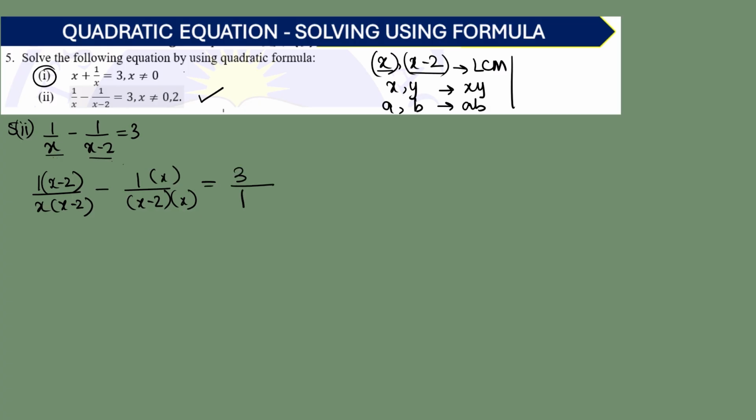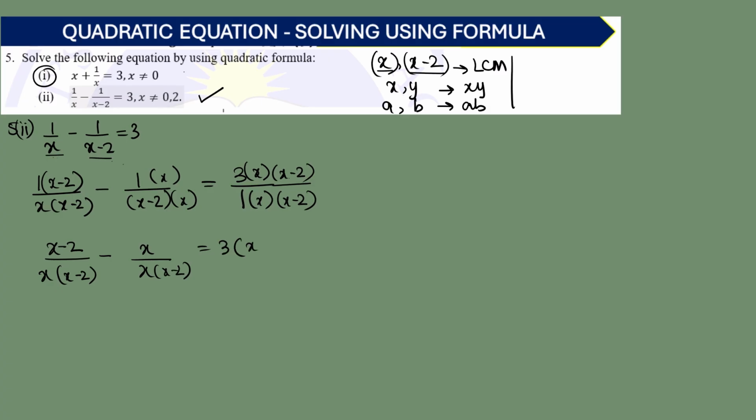3's denominator is 1. So you have to multiply it by x into x minus 2. So 3 will also get multiplied by x into x minus 2. So 1x, so that is x minus 2 upon x into x minus 2. No need to solve it further. Even if you do, it doesn't matter. So 1 into x is x upon x into x minus 2 is equal to 3 times, what is x